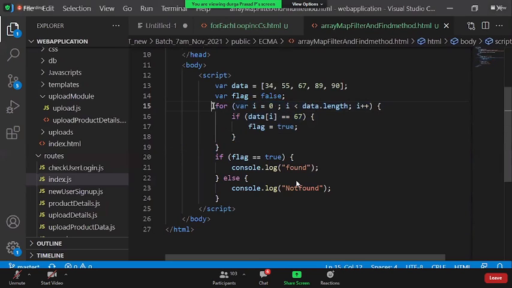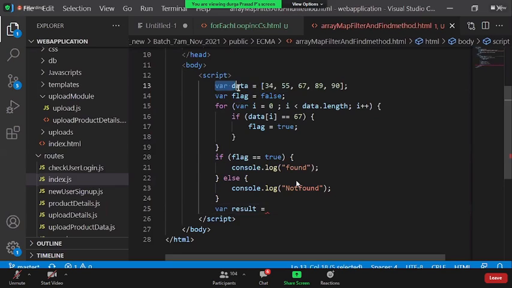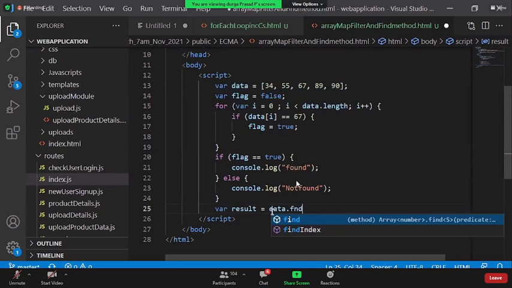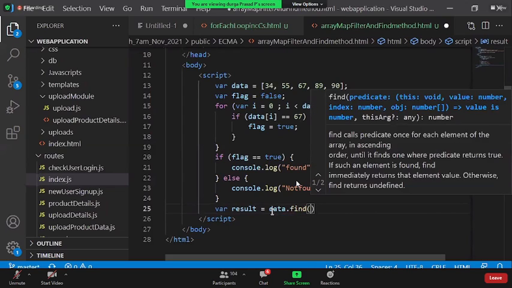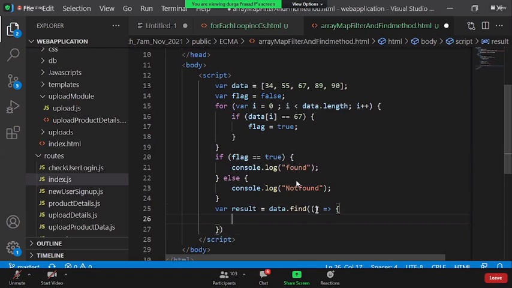Yes. Now what ECMA 6, or the latest JavaScript, says is there is a method called the find method. What you can say is var result is equal to data.find, which is going to take a callback method.